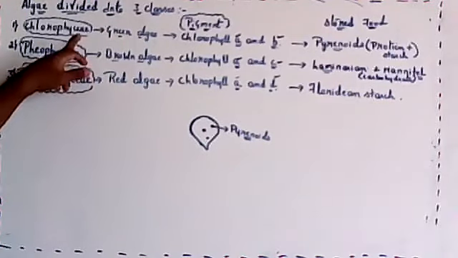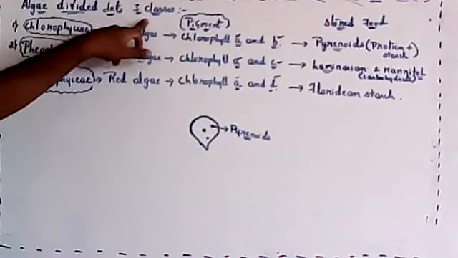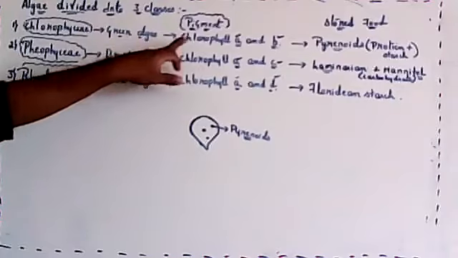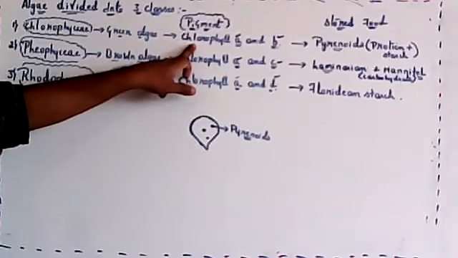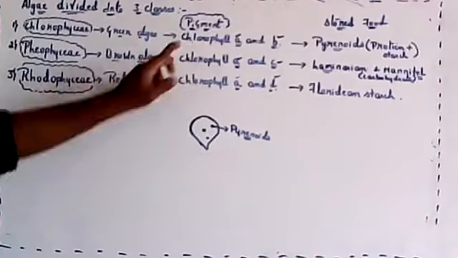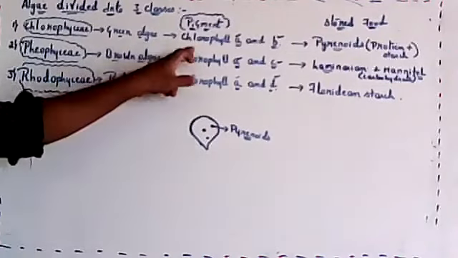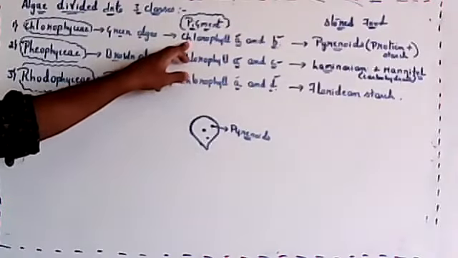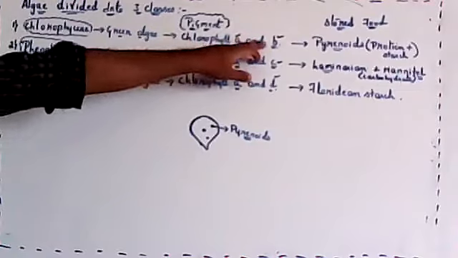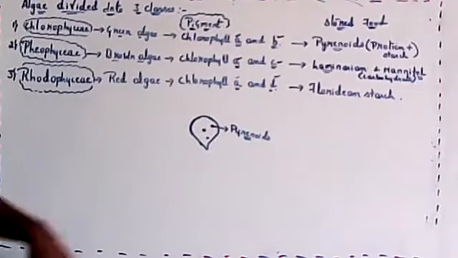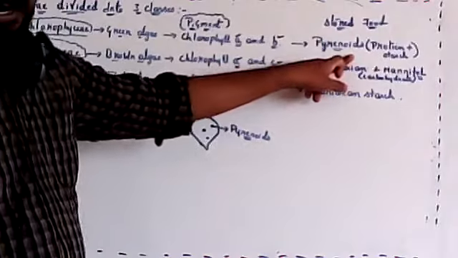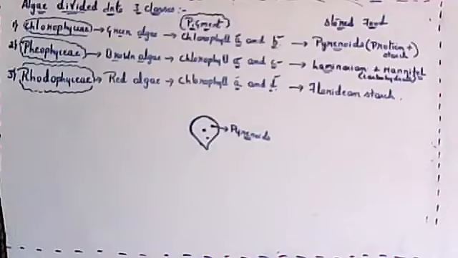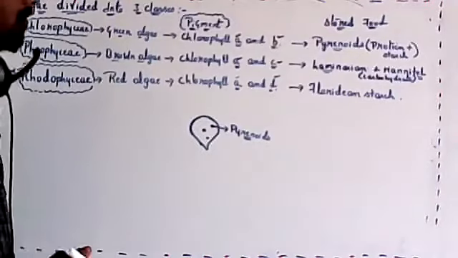Okay. So now we have to go into the classes. Algae is divided into three classes. So first one is Chlorophyceae, green algae. In these, chlorophyll A and B is present. So major pigment is chlorophyll A and B. This chlorophyll will help in synthesis of glucose. Chlorophyll A and B will be present inside the chloroplast. So food stored is in the form of pyrenoids. Pyrenoids is nothing but protein plus starch.